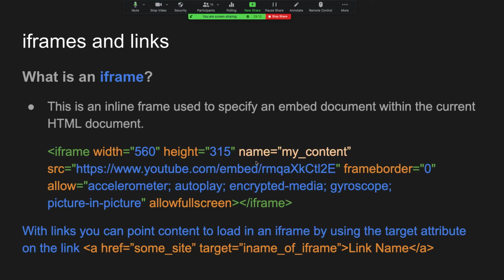Now, what I highlighted here is we have the name my content, and my content is the name. Now down here I have an href, so it's pointing to some site. The target is going to point to the name of the iframe. So in this instance, the target would point to my content. When you're using an href and a target, you don't put